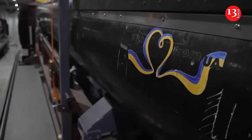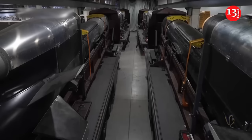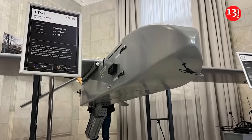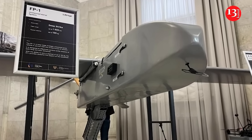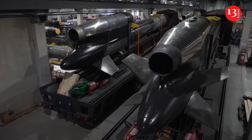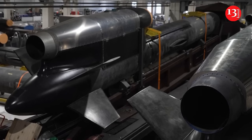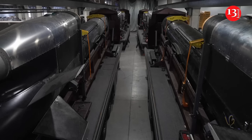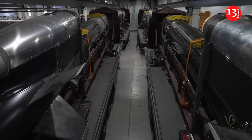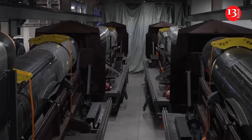In addition, experts noted the FP1 is not the only Ukrainian long-range drone. They also compared the price of the Ukrainian and Russian long-range attack drones. If the Ukrainian one, according to the AP story, costs $55,000 per unit, then the purchase price of one Russian Shahed at the 2023 level is $193,000. Although it is noted, since then it could have either decreased due to the simplification of certain components or